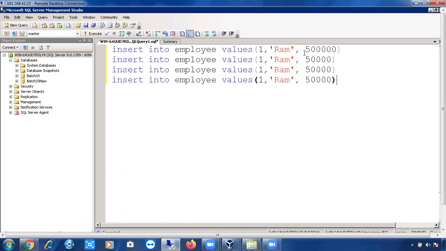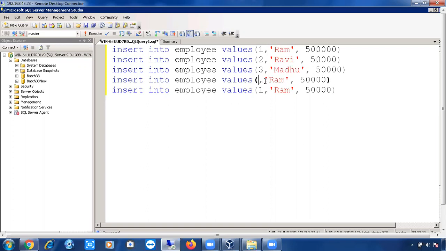Right. I want to insert these 5 records now. Okay, let me change it to all yours. Ravi, something. I'll not change the salary, leave it as it is. No issues. 3. Who are the other users? Madhu. Okay. 4.